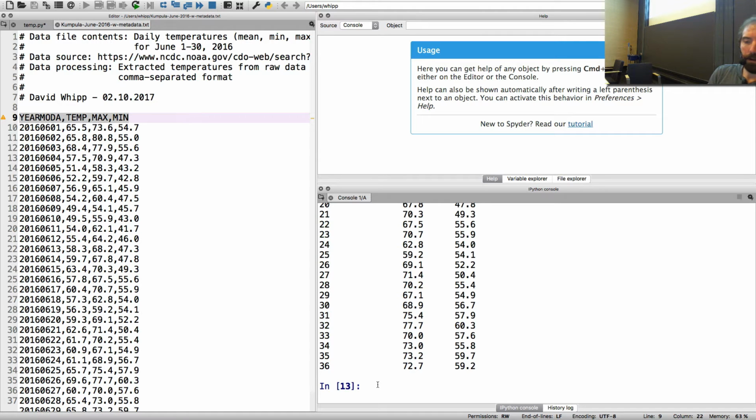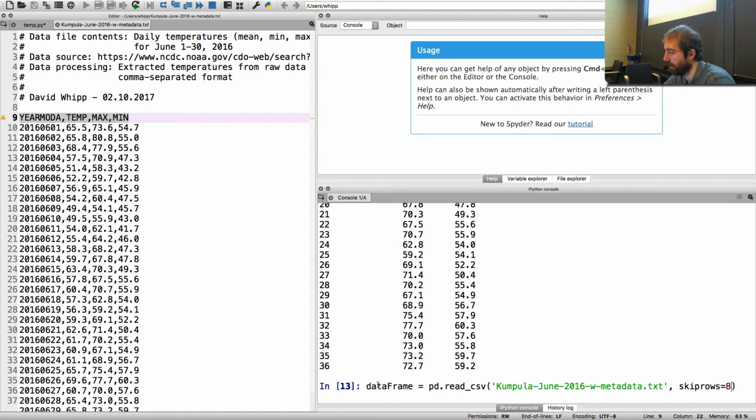If you go back to your IPython console and press up to where we read the file in the first time, we can just add one thing here. After the file name, you put a comma and then skiprows equals 8. All this does is say, when you start reading this data file, don't read the first 8 rows of it. Start at row 9, or the 9th line of the file. And by making that simple change, just go to the end of the line